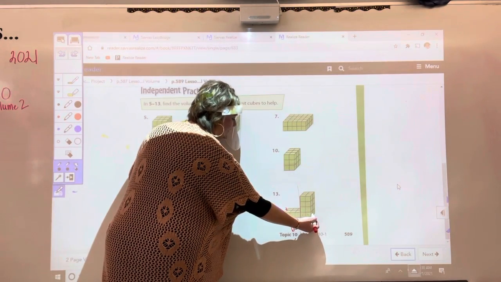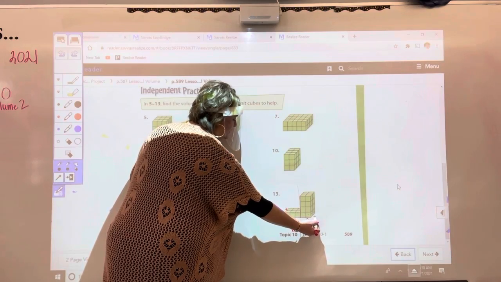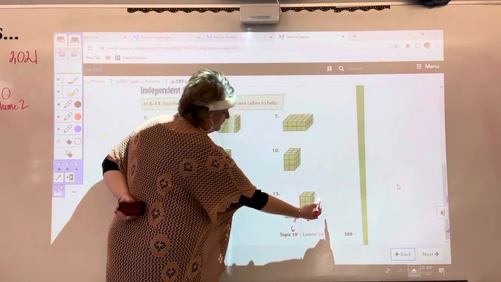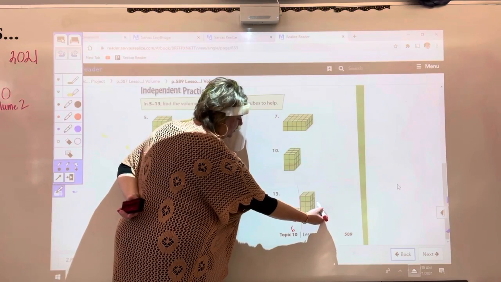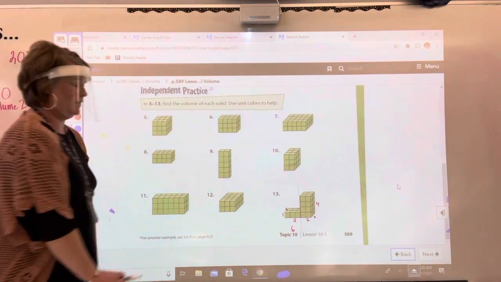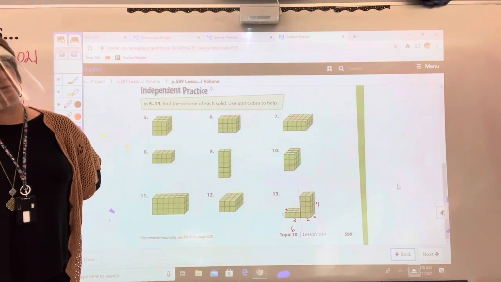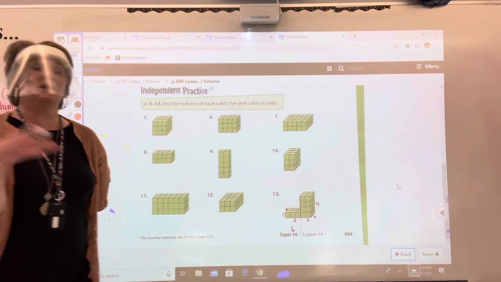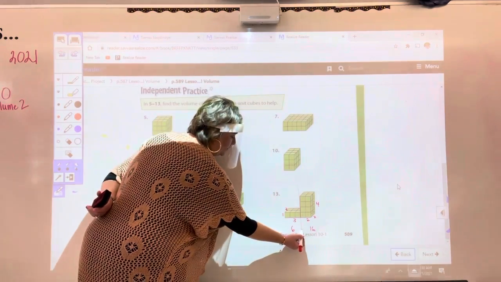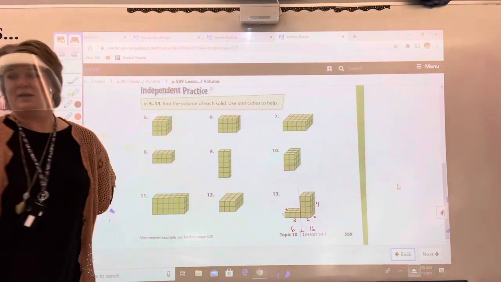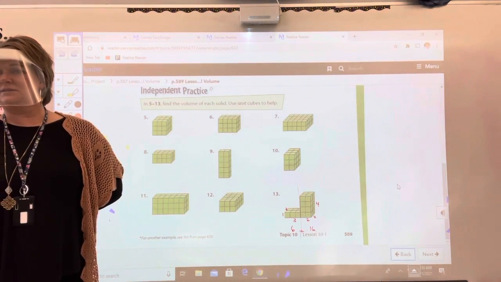How wide is this right side? 2. Now we've got to count how tall it is. 1, 2, 3, 4. 4 tall. So 2 times 2 is 4, times another 4 is 16. Now, put a little plus sign in between there. And 16 plus 6 would be